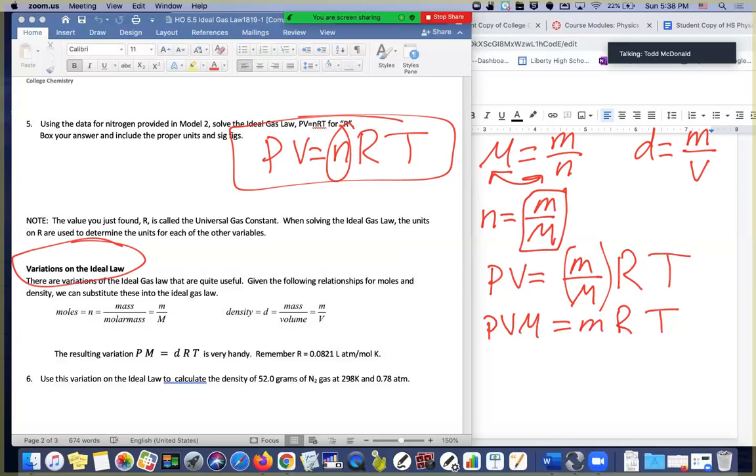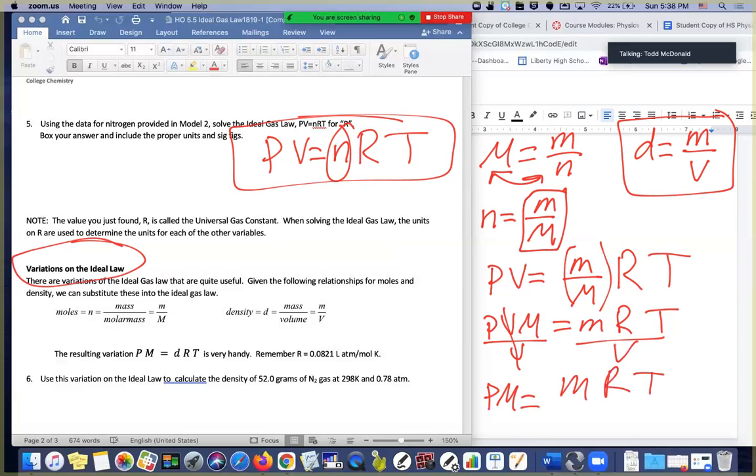Now, I want to get volume to the other side. Why do I want to get volume to the other side? Because I want to look at this relationship with density. So if I divide both sides by volume, volume is going to go away on the left, and I get PM is equal to